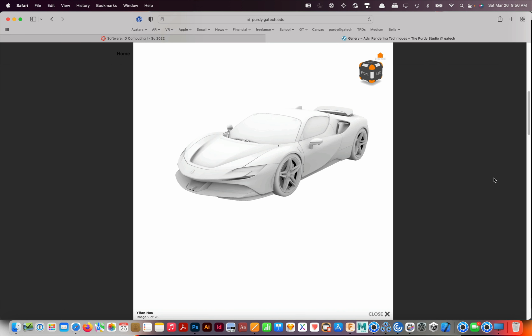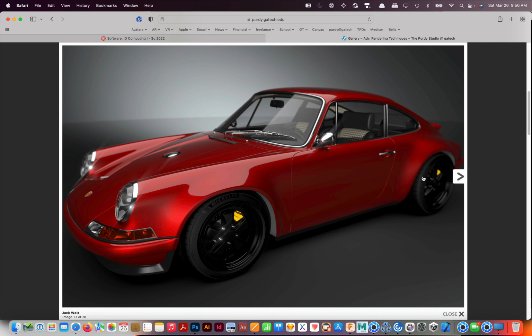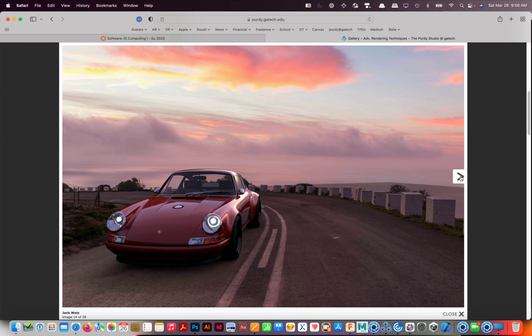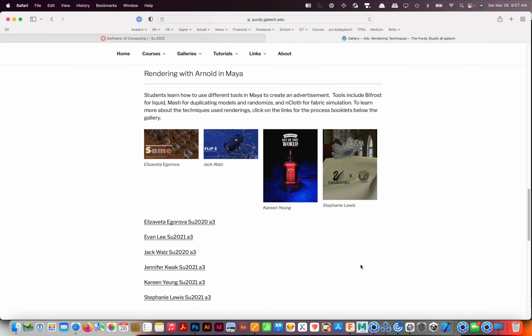So we'll do things like ambient occlusion, looking at how to use that to bake in the soft shadows that happen on vehicles naturally. Those are some examples that you see there of what you can do with this, and just different vehicles that you're going to work with. But that's VRED Pro. Then we're going to shift gears and learn another program, which is Maya,